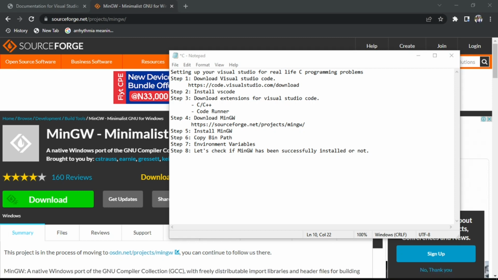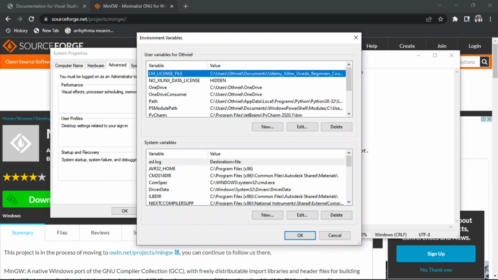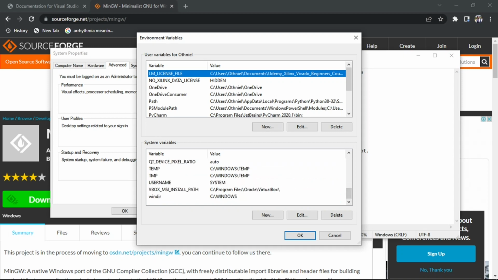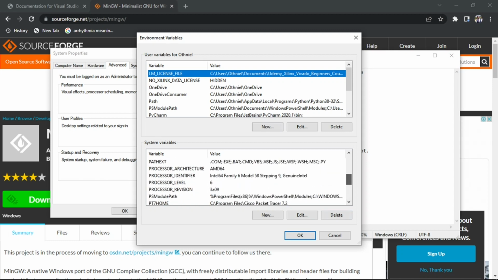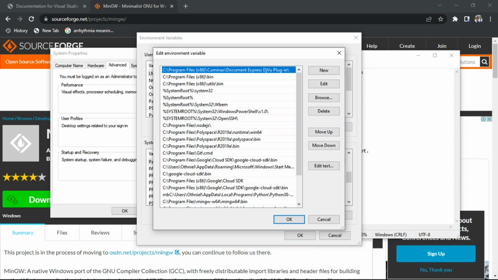So it's going to open up. You can see my environment variables here. You now click on this environment variables here. You click on it. So now this is my environment variables. Under this system variables, you now come and click on path. You search for path here. So after clicking on the path,